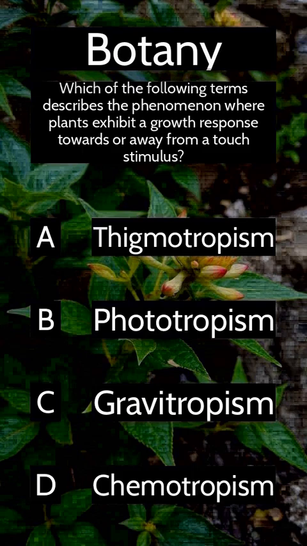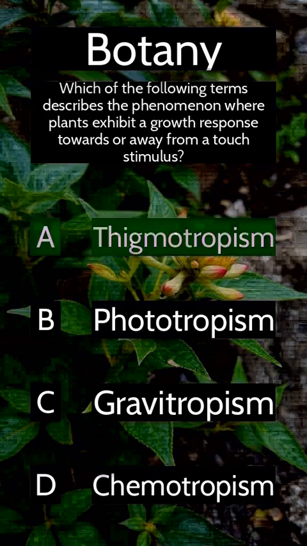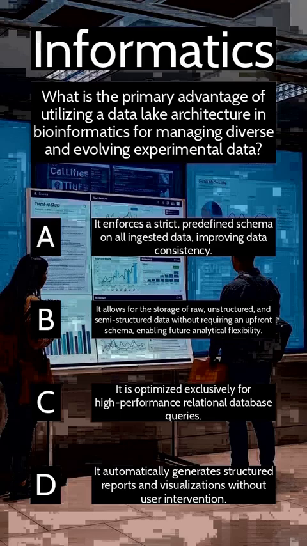Which of the following terms describes the phenomenon where plants exhibit a growth response towards or away from a touch stimulus? Answer A. Thigmotropism. What is the primary advantage of utilizing a data lake architecture in bioinformatics for managing diverse and evolving experimental data? Answer B. It allows for the storage of raw, unstructured, and semi-structured data without requiring an upfront schema, enabling future